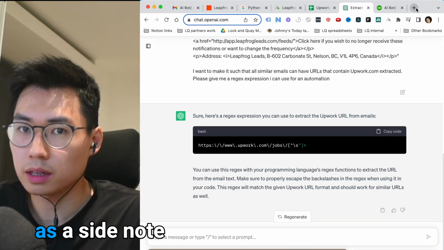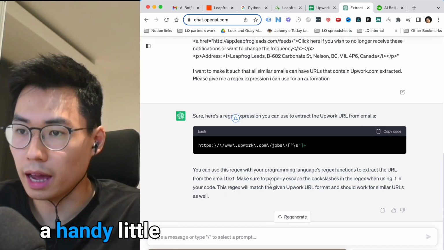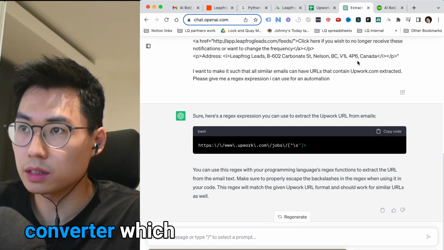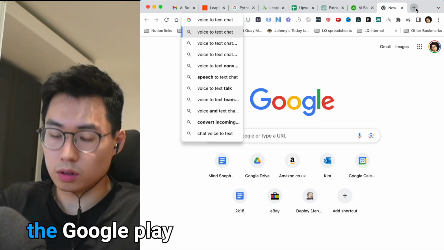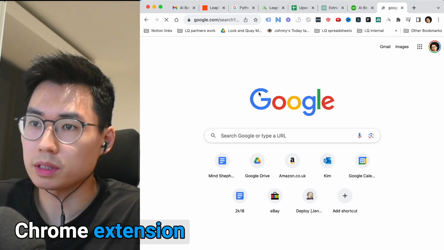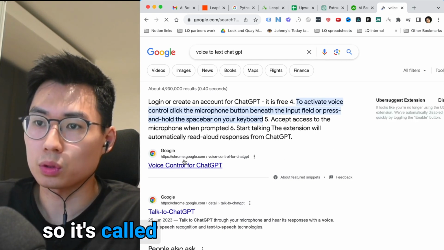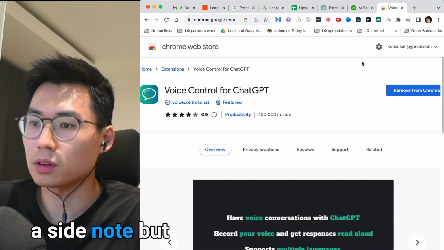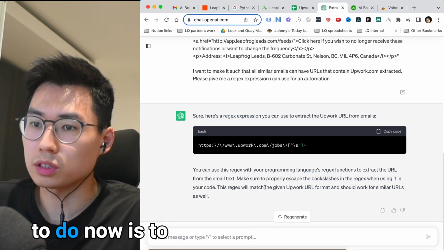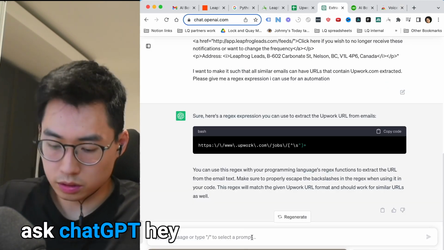As a side note, I've actually got a handy little voice to text converter, which you can find on the Google Chrome extension store, and it converts everything from my voice. It's called Voice Control for ChatGPT. That's a side note. But getting back to the main point, what I'm going to do now is to ask